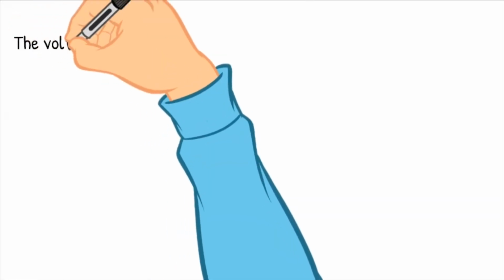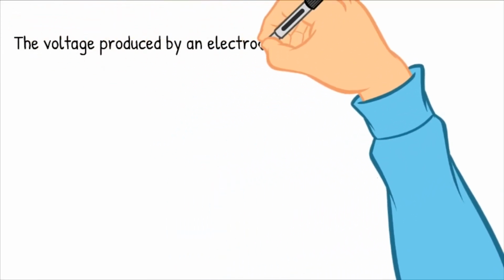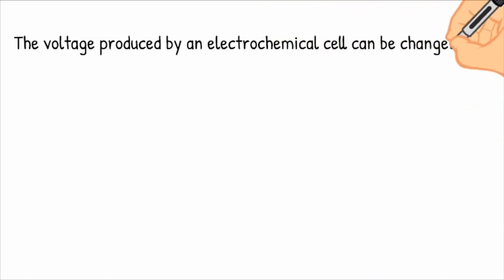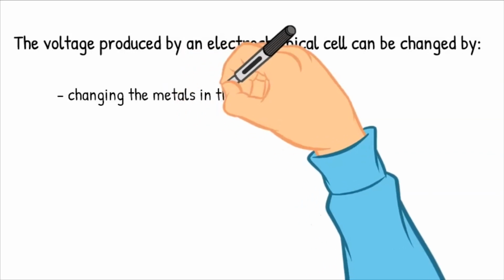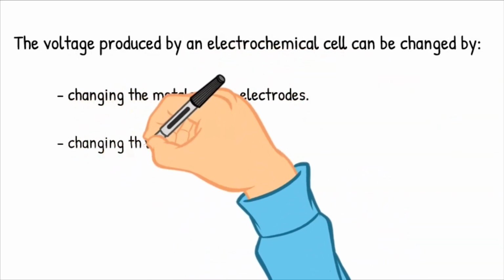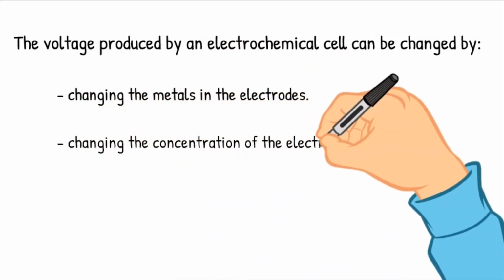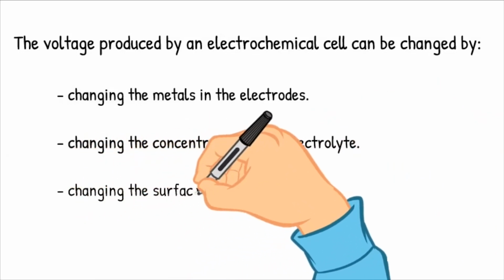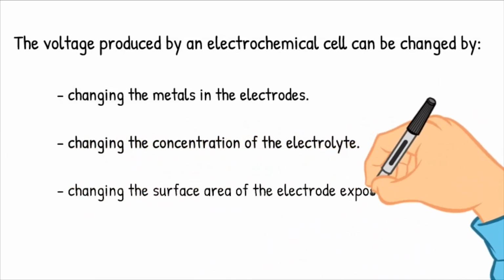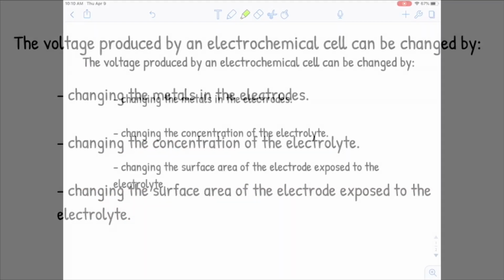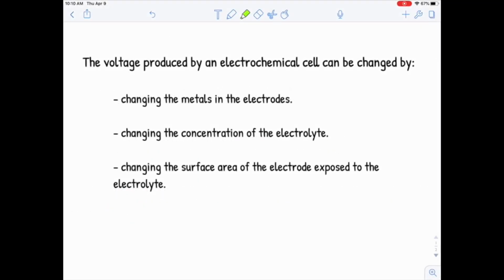Now, the voltage in an electrochemical cell can be altered by changing a few different variables. One of which is changing the metals in the electrodes. Another is changing the concentration of the electrolyte, and by changing the surface area of the electrodes that are exposed to the electrolyte solution. Okay, so just looking a little bit closer at each of these, changing the metals in the electrodes, what we are talking about here